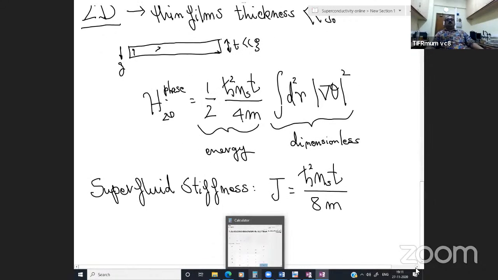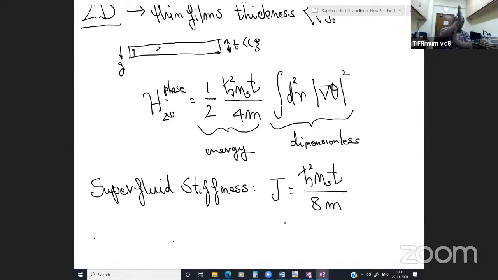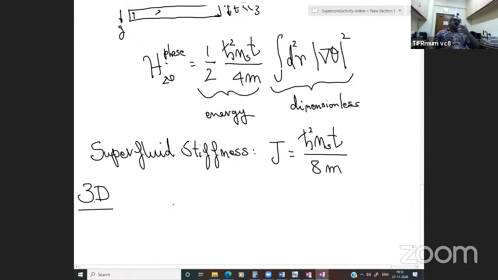All right. So this is in two dimensions. Now, BCS, of course, when they formulated their theory at that time, were not so much thinking of two dimensions. It was the beginning of superconductivity, so first you have to understand superconductivity in bulk. Therefore, their aim was rather to understand superconductivity in 3D. So what is the superfluid stiffness in 3D? In 3D, that means in macroscopic bulk samples.